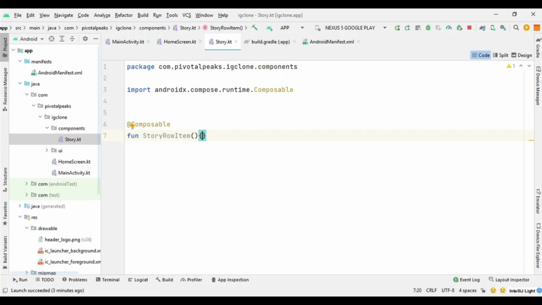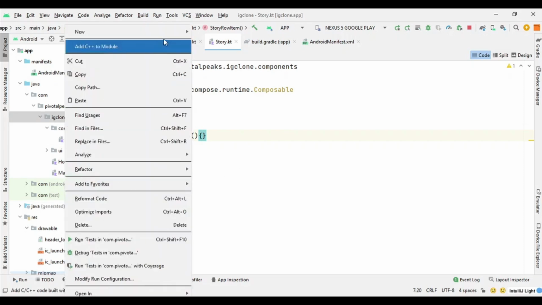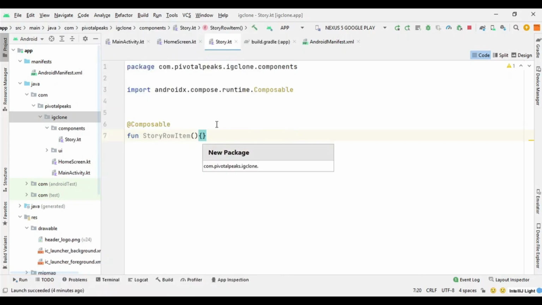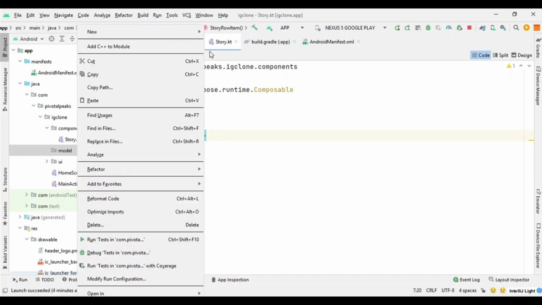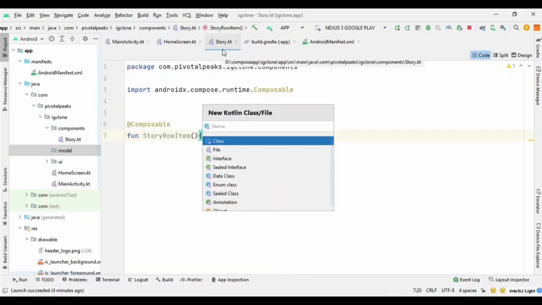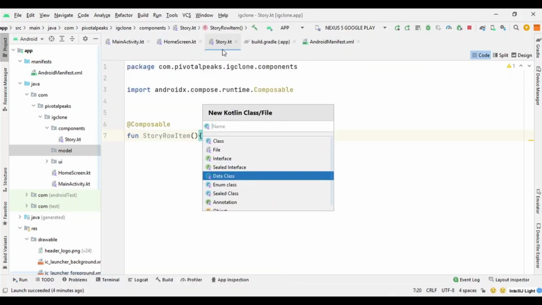So inside this function we need to pass some user data, and for which we will create a data class for a user. So let's create another package for model. So we will say package model, and here we need to create a data class called User. So we will say Kotlin class, and here we will select data class and we will say User,